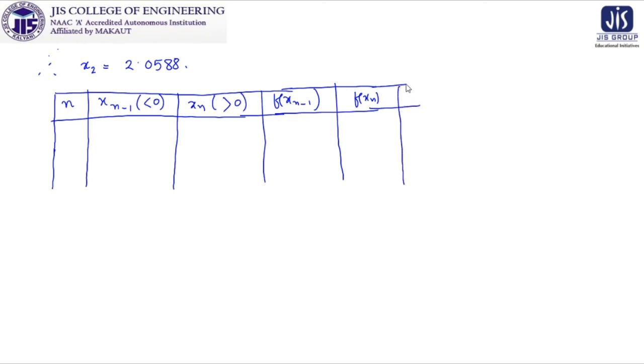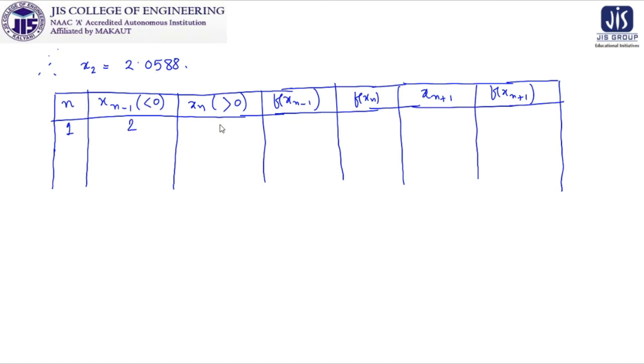So according to our further requirements, the table will be for xn plus 1, and finally it is for f of xn plus 1. So this is the structure for our table. Now we will just show you first 1 or 2 steps. That is, for n equal to 1 we are taking it as 2, and it is 3 we are getting, it is as minus 1, and this is for 16.